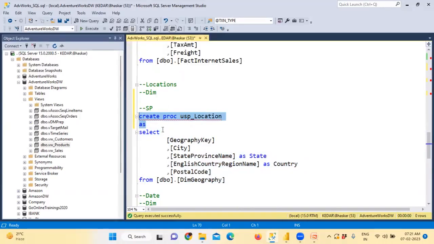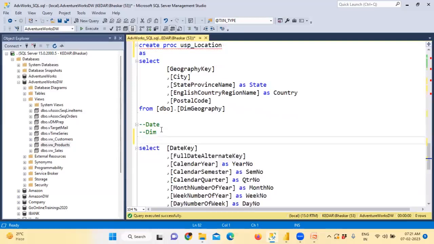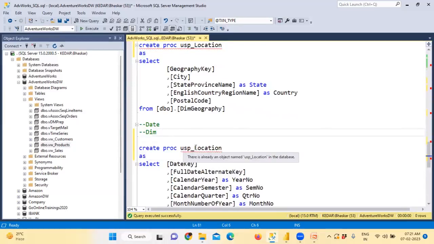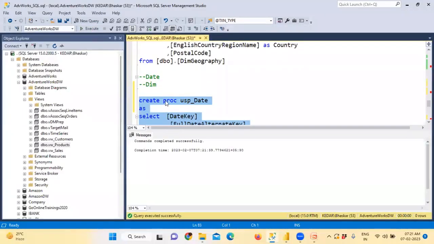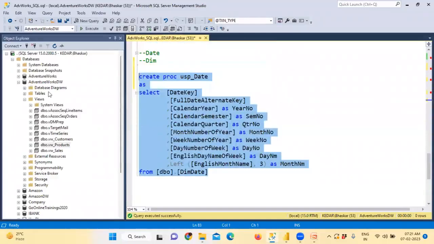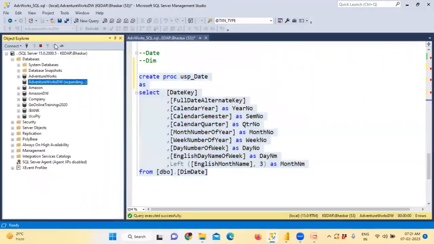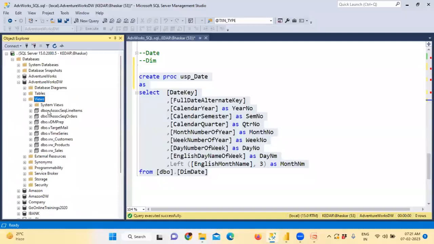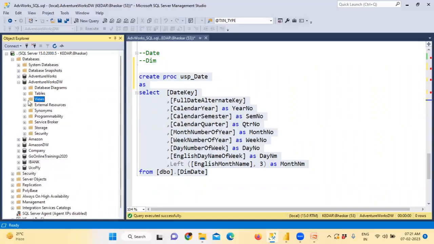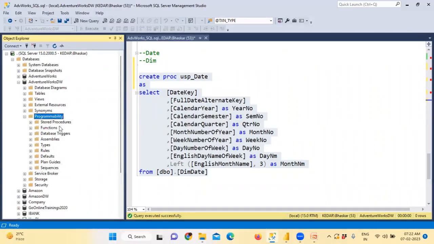What is a stored procedure and how to create all these things you will be able to learn later. Now create proc USP date table, right? So this query is going to be there, USP date. I'm going to be creating these two. Now, is there anything else you don't have? So after that, go to table and click on this. Now, views you will be able to find out here, customers, products, sales. But where are the stored procs? The stored procs are available on programmability. Click on stored procedure. You will be able to see